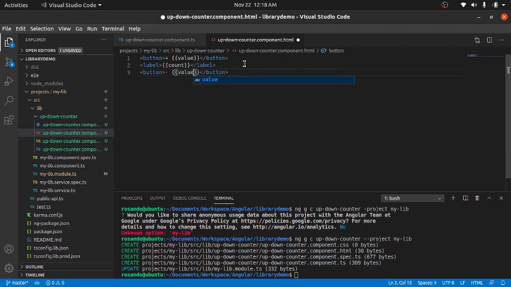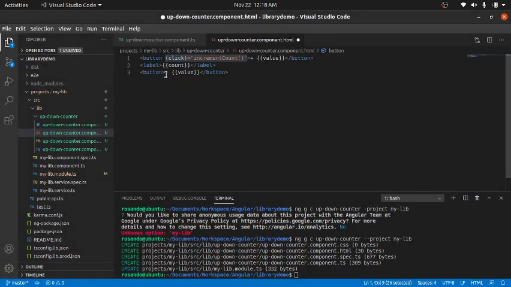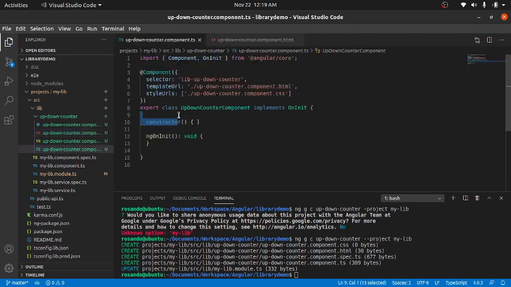So I can have this as value over here also, and then I can have a function bound to the click event of the button, and we can call it increment count, and we can have a decrement count on the minus button. What we can do is go in the TS file, and